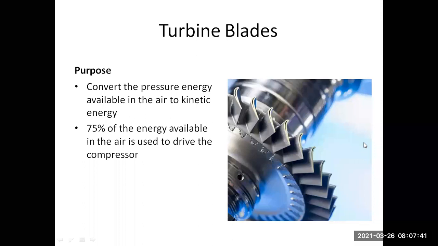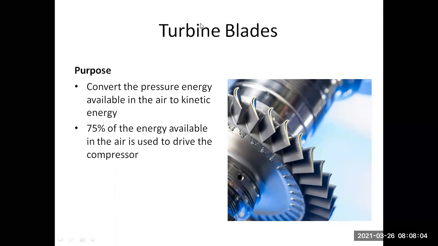Okay, let us start with the turbines. Now, turbine, beta, there are different categories, but first we'll understand what the purpose of a turbine blade is. So you can see these are the turbine blades. Here is the position for the combustion chamber, which is not shown in the picture. And these are the turbine blades. We can see exactly this is an aerofoil shape, like our wing. So it's aerodynamically shaped.